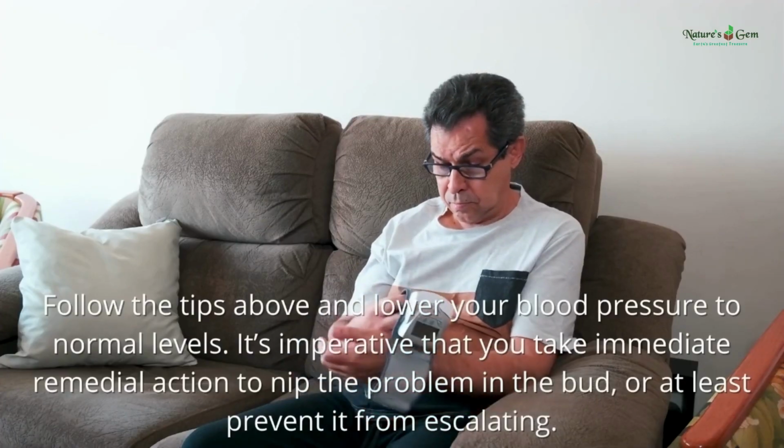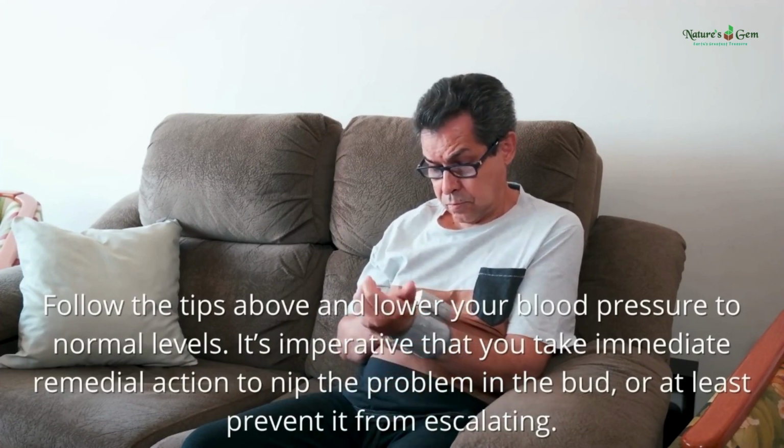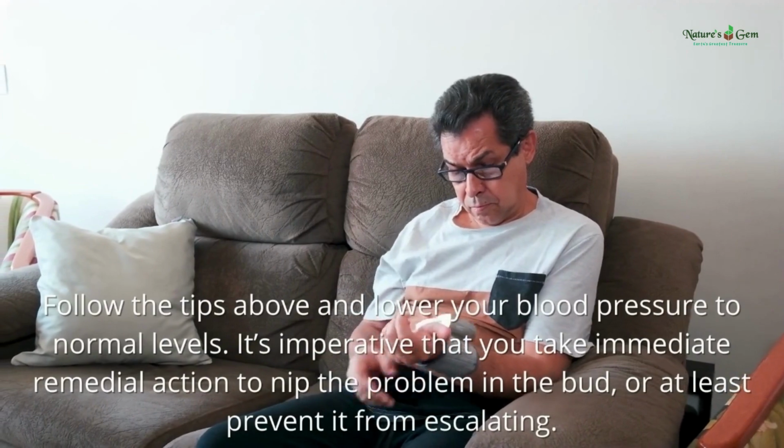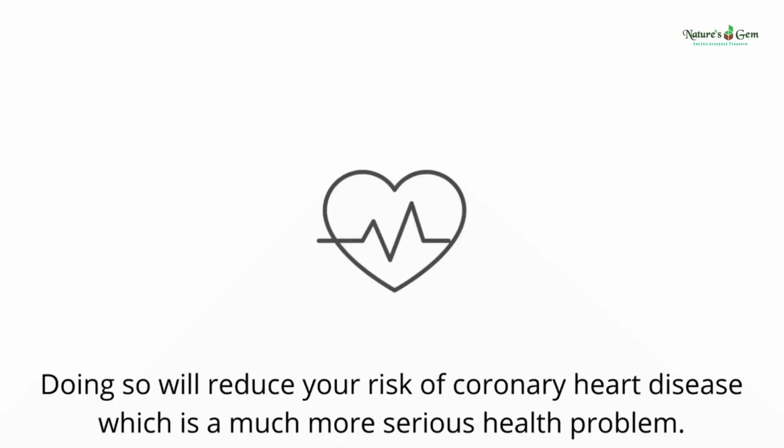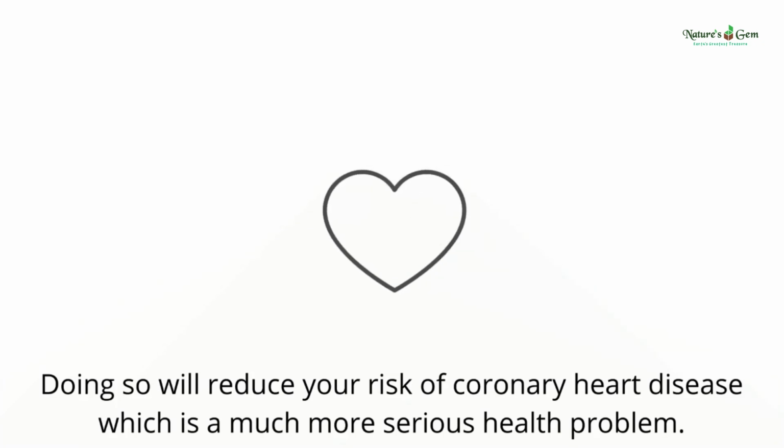Follow the tips above and lower your blood pressure to normal levels. It's imperative that you take immediate remedial action to nip the problem in the bud, or at least prevent it from escalating. Doing so will reduce your risk of coronary heart disease, which is a much more serious health problem. Prevent